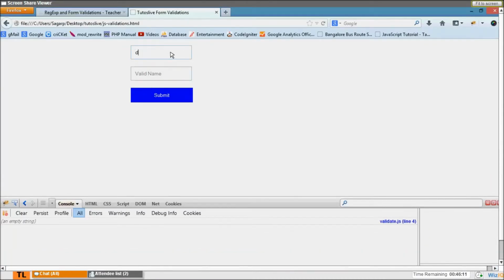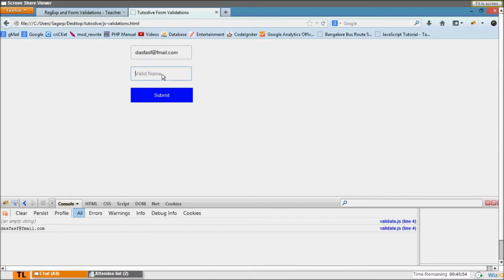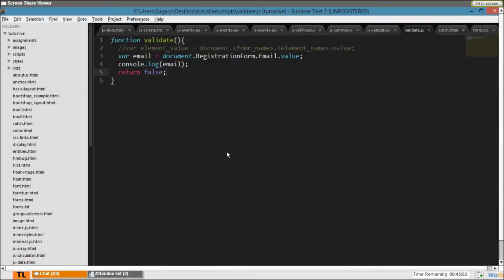Now, in the same way, I will access name: var name equal to document dot registrationForm dot. So what is the name of the name field? It's name. I always give these kinds of names because it's easy for me to recollect them.